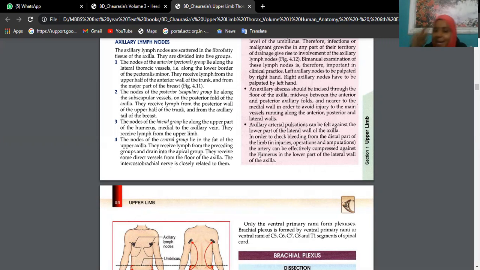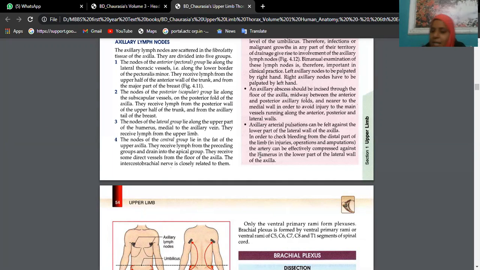Spinosum in the sense spike-like cells. In between them, you will also find keratinocytes. Then we have stratum granulosum above spinosum. Granulosum in the sense inside the cells we have melanin pigments, very much concentrated. Then as you move up, we have stratum corneum. That means gradually the cells are going to die. And at the top, first we have lucidum, then we have corneum.